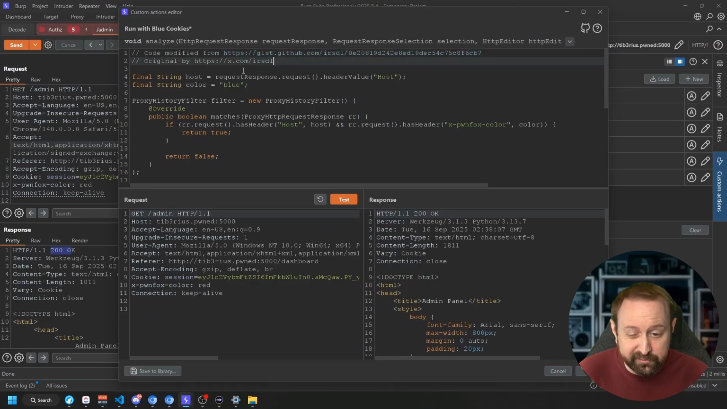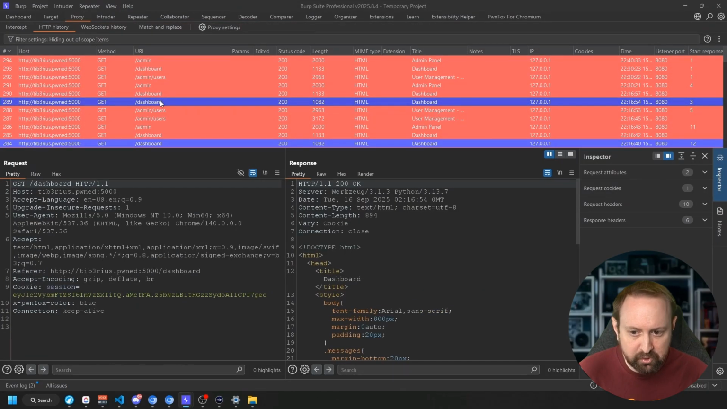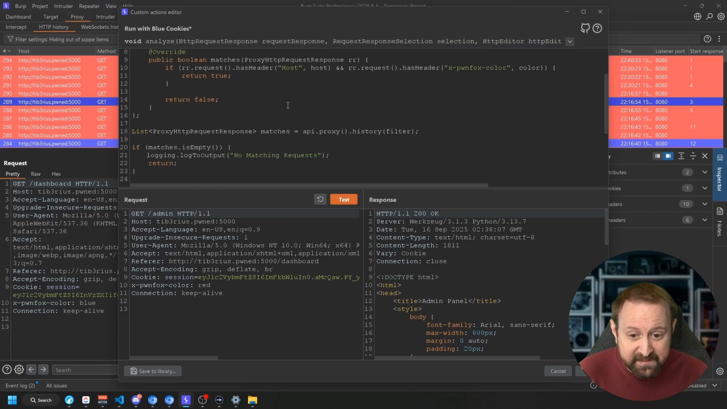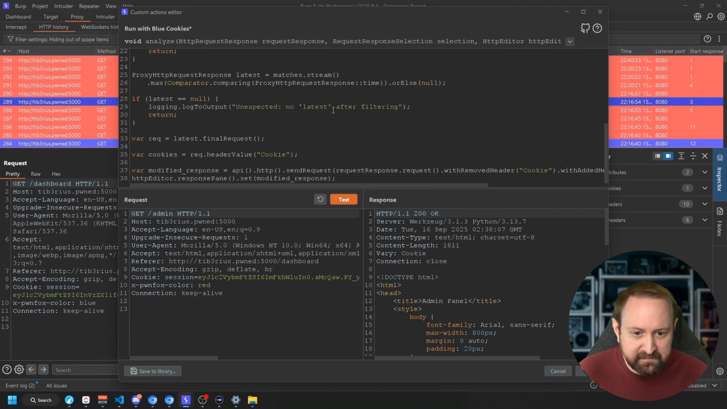And what it'll do is it will grab the latest cookie from the blue session, right? So from a latest blue request in the proxy history, i.e. this one. So it's going to grab the cookie from this request, and then it's going to replace that cookie in the repeater request, rerun it, and it's going to show you what the result is in the repeater response